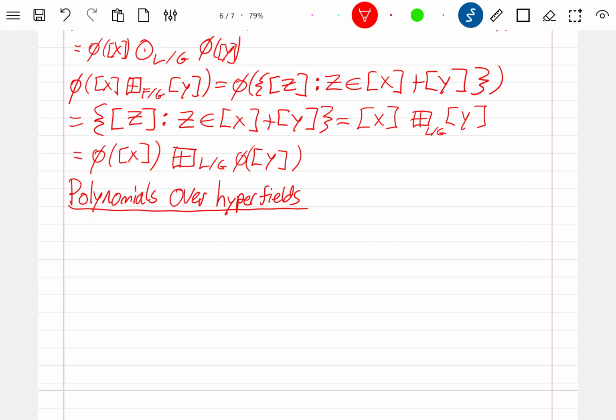So here's the issue with polynomials and actually trying to define them. You'll run into a bit of issues if you think about how things multiply together. In field theory or ring theory, you have a ring, you take polynomials over the ring, and that's another ring. But for hyperfields, it's not exactly going to work that way, because the issue is addition being multi-valued